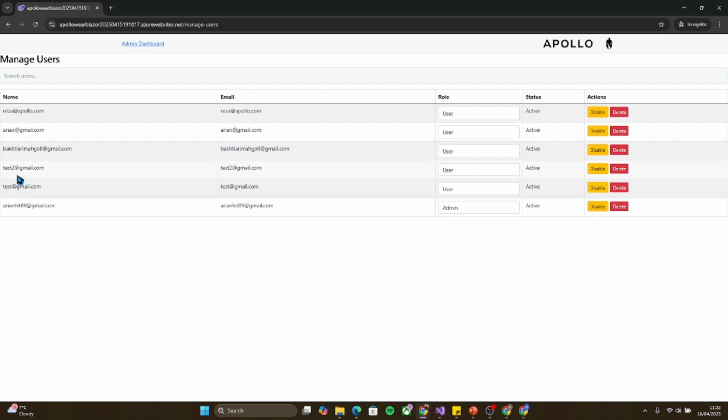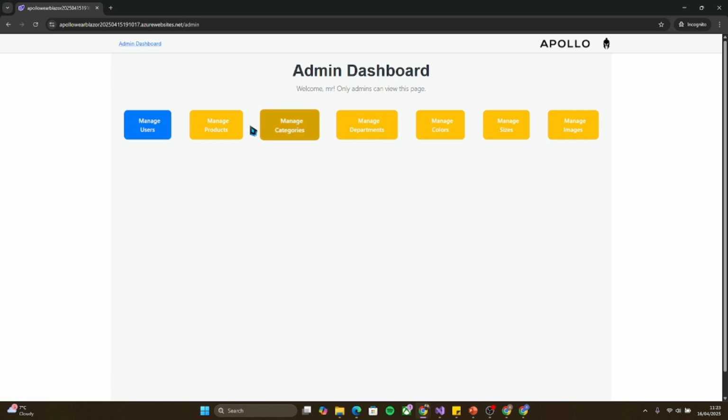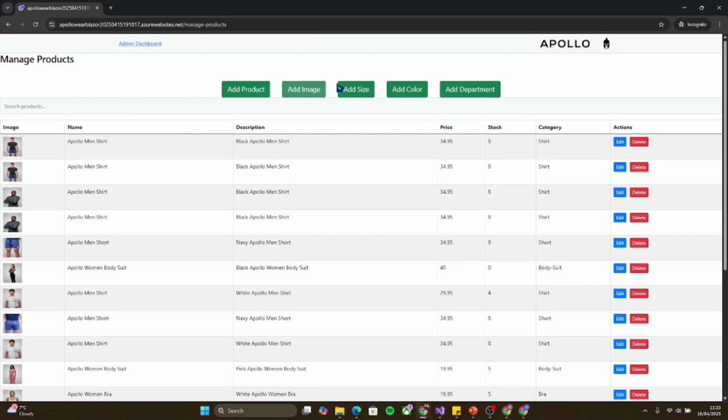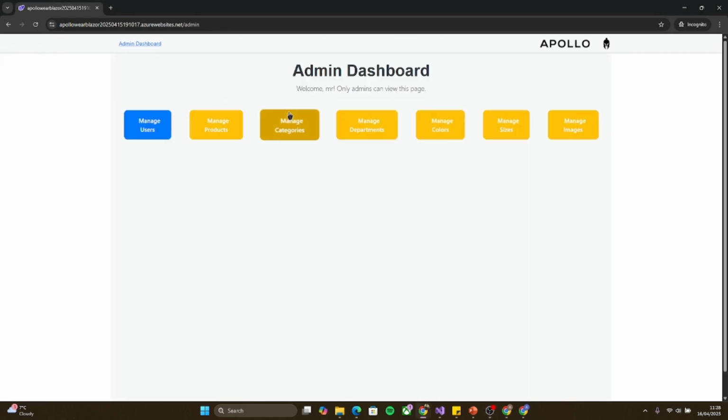I have all the users. In our users, we have test2 at Gmail. I can disable it, enable it, delete it, change it to admin access. I can even manage products. I can add products, remove the product, delete it, edit it, and I can even manage